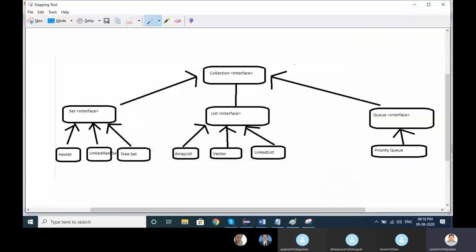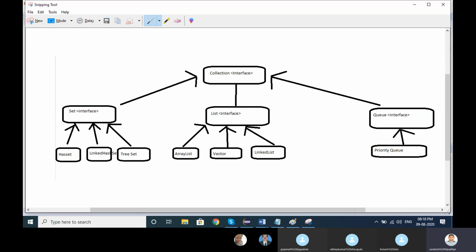Okay Diksha, just keep in mind, collection has two interfaces, list and set. List allows duplicate values with insertion order, set has unique values. Small differences: linked list is faster, then array list at the second level, then vector at the third. For set, hash set does not maintain any order. Linked hash set maintains the insertion order, whatever element you have inserted. And tree set maintains the ascending order.